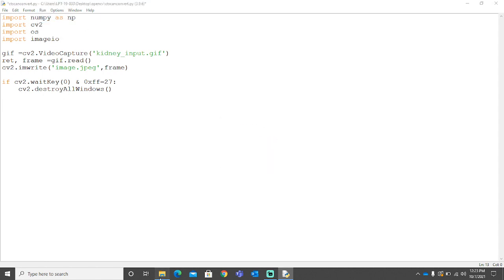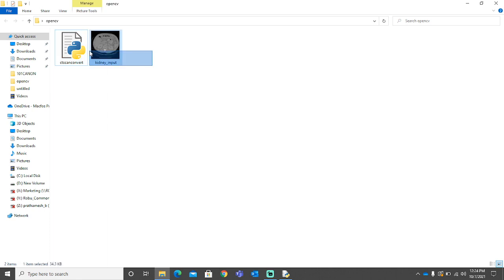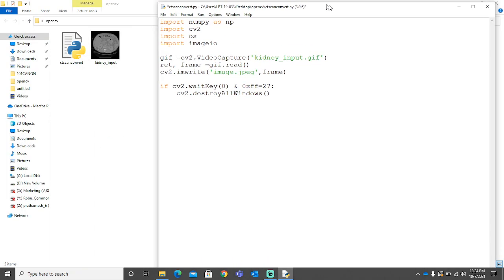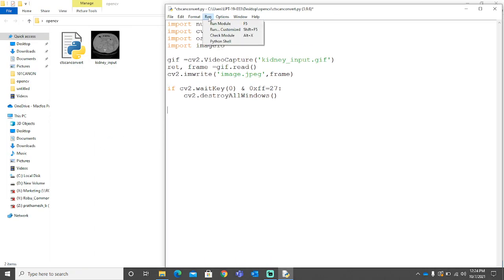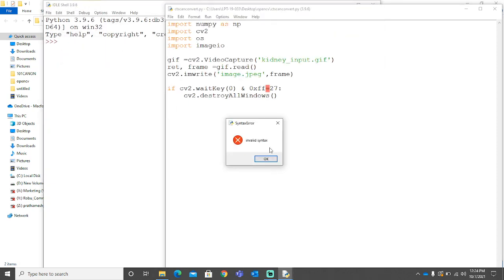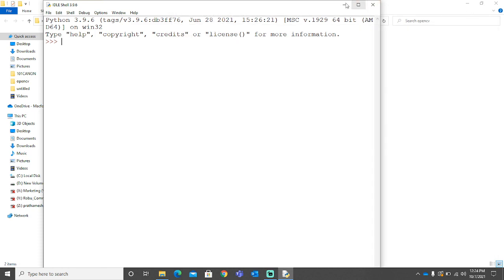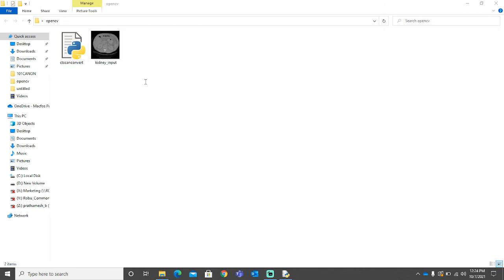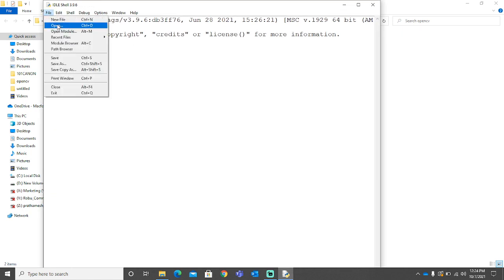Before that, first let me check. This folder right now has 2 files. After I run this, we should have 3 files, an additional image.jpg file. Okay, I know where the error is. Did I cancel the whole thing?